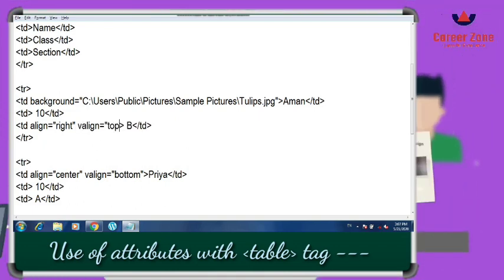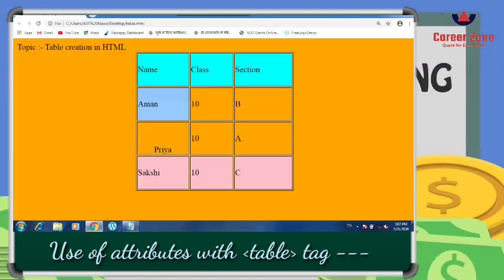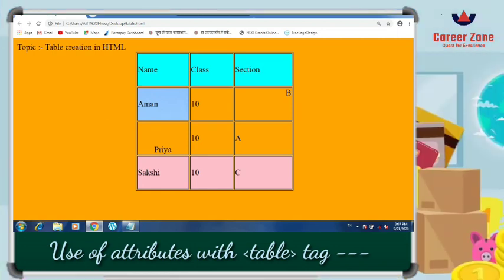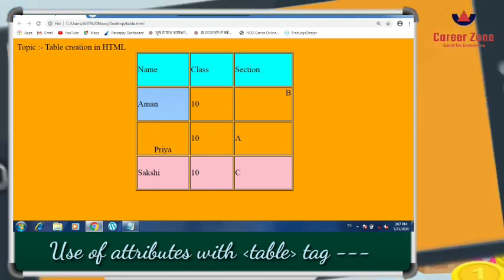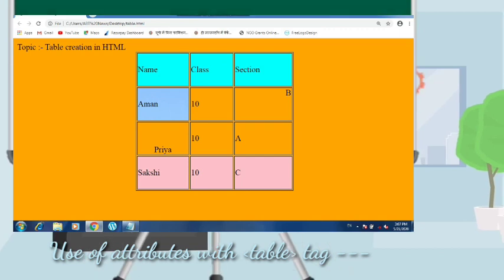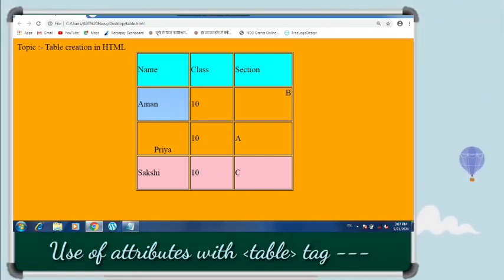It's very easy to create the table. You just have to apply the different kinds of attributes at the appropriate place where you want. Now the last two attributes we have to work on are cell padding and cell spacing. What is cell padding and cell spacing? Cell padding means the amount of space left between the cell border and the content, and cell spacing is the space between the different cells. So let us apply it first.